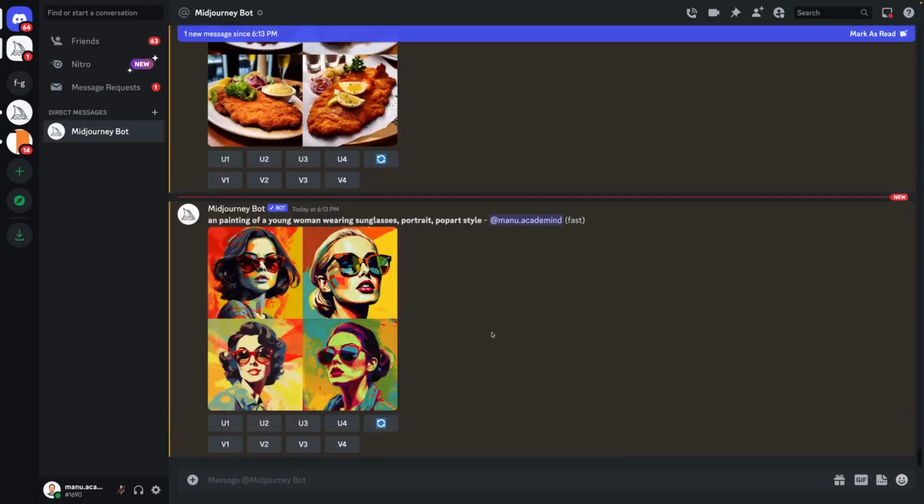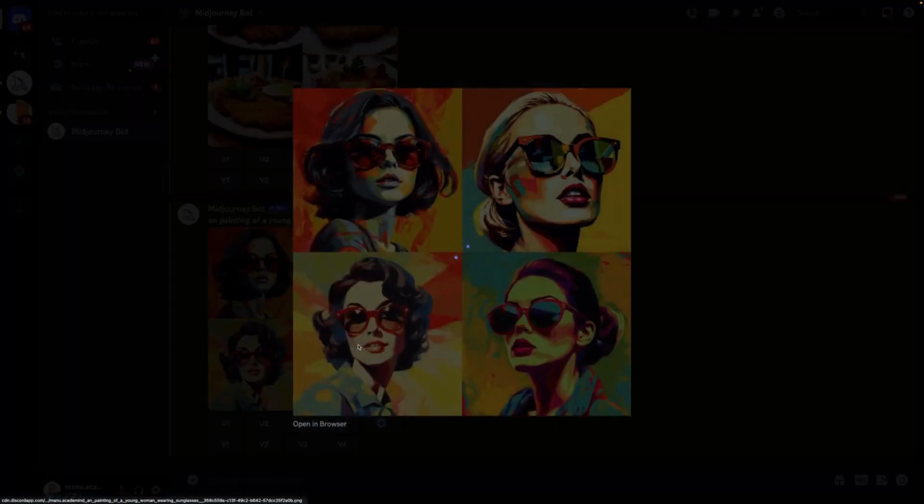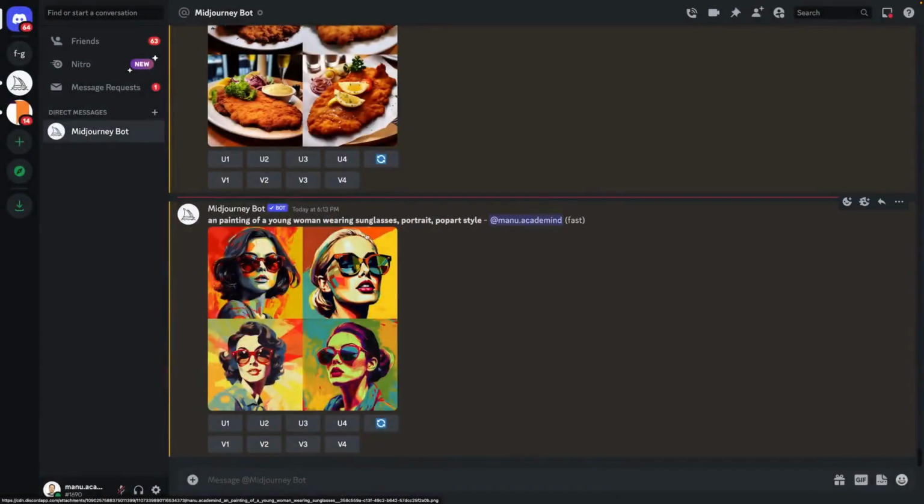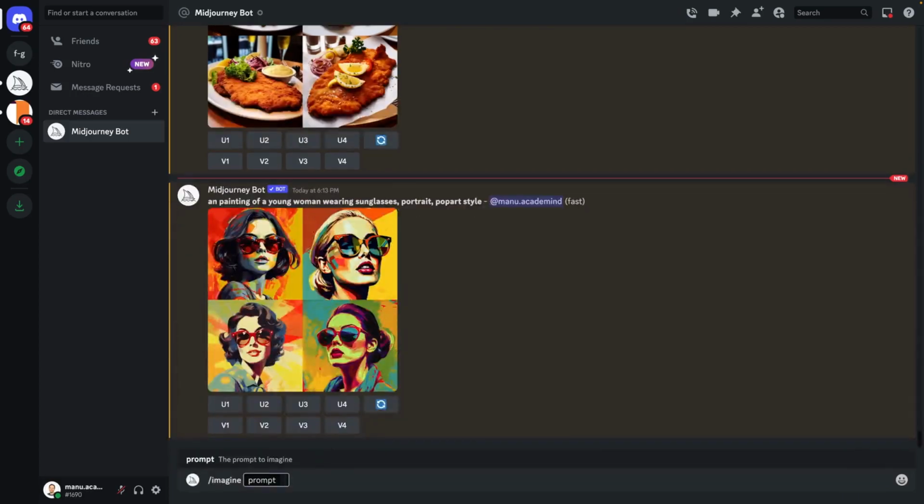And art is not my profession, to be honest, so I'm not that kind of an expert here. But from some images I saw about pop art, I guess this comes pretty close to it. I don't know if all the details are correct, so please don't judge me on that. But the general thing is that by just adding this pop art style attribute, so to say, to the prompt, we turned this entire image into a painting according to the style. So you can basically try out any kind of art style here.